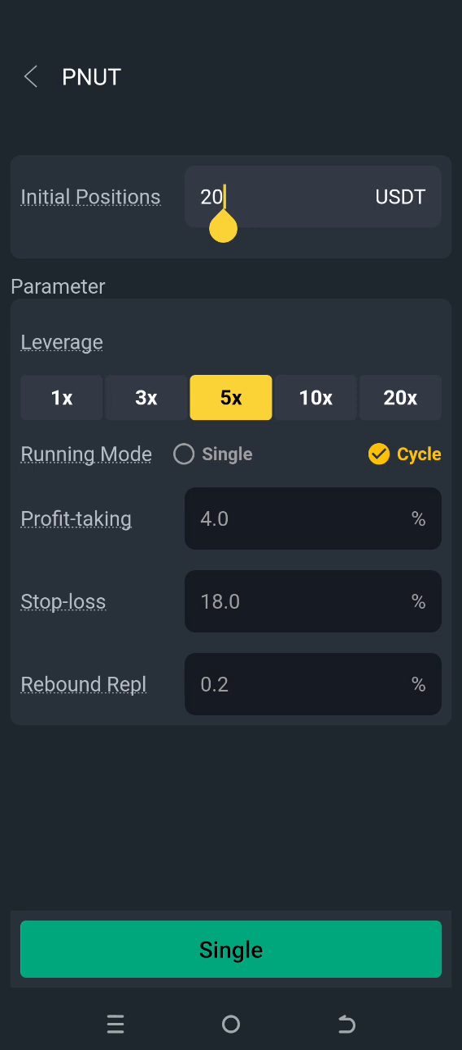Then when it goes up to 4%, it sells. Then again, it will reset that coin to start buying it afresh. Again, when it comes down, it buys, then again it sells. That is in cycle. So it is a continuous trading. You just set it once and you leave it there. It keeps on